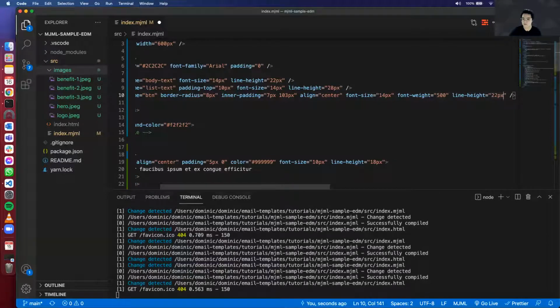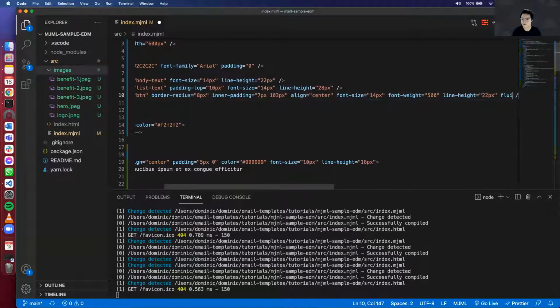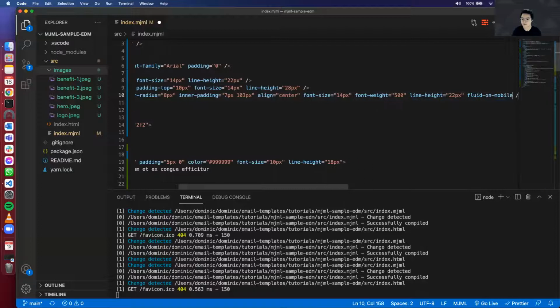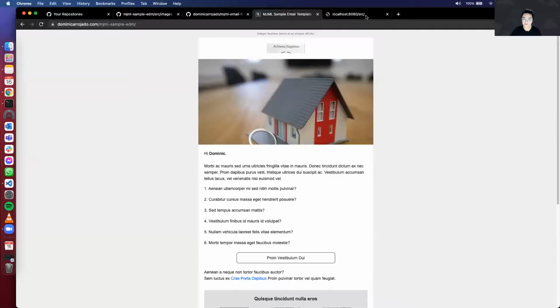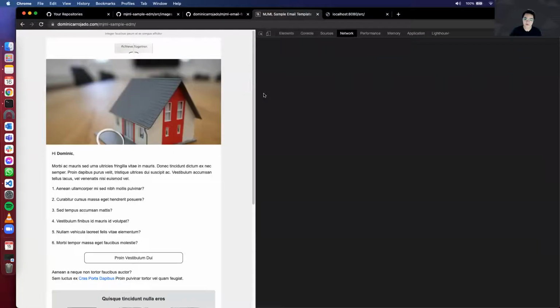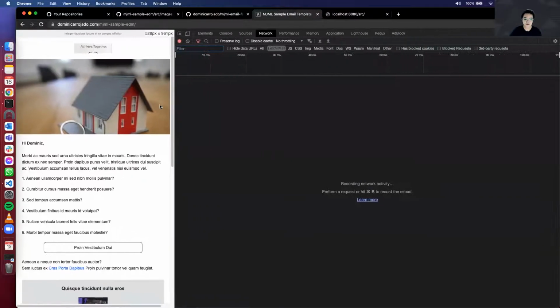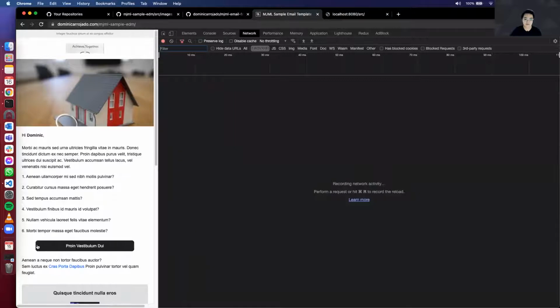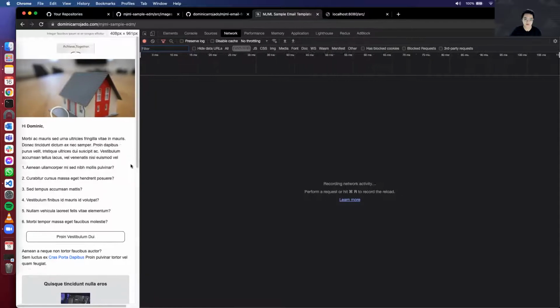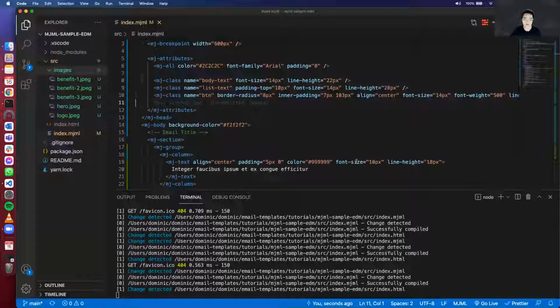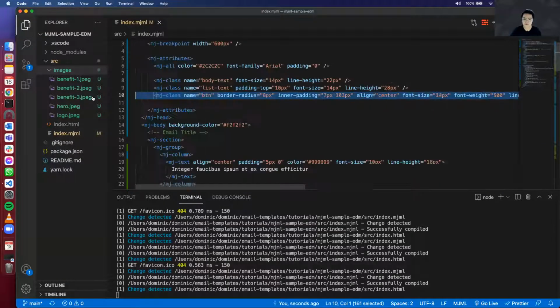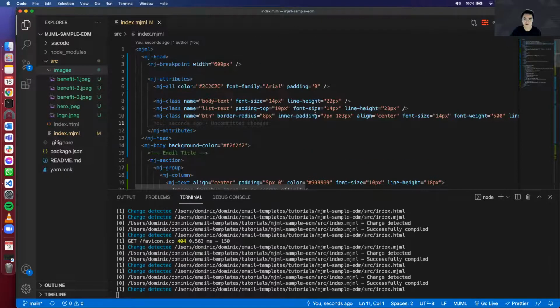And there's another special attribute that we'll be using here, which is fluid on mobile. So, for example, let me show you, it reaches a certain point. You see that the button is actually quite large in width, but when it reaches here, it becomes fluid. So we want that to be true, so that it has a fluid width. All right, so once we save that,